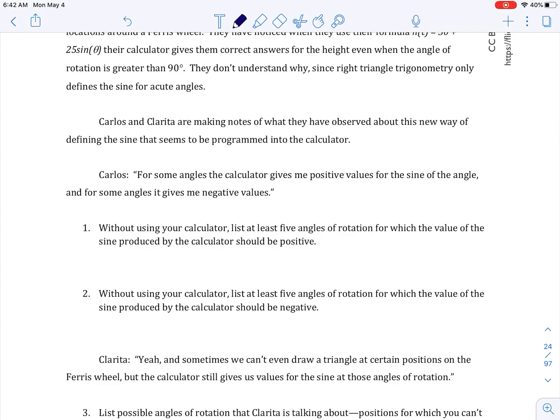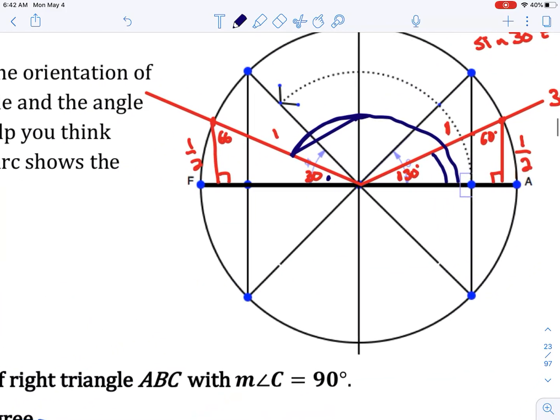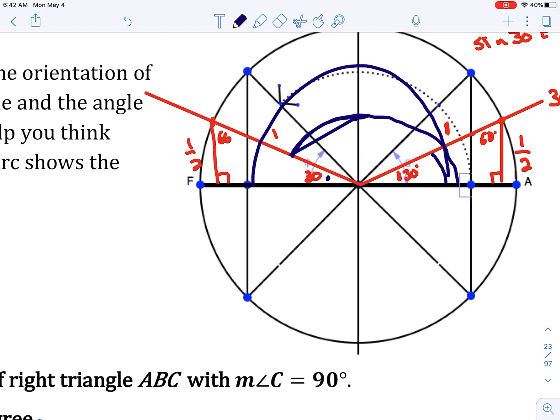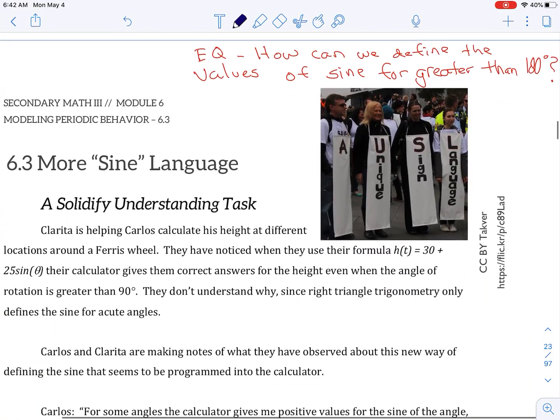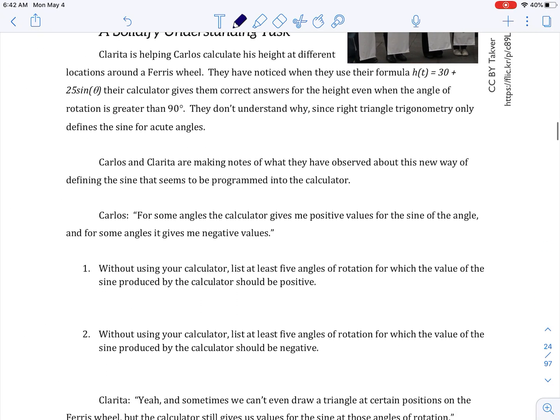So let's see, 5 angles of rotation for which sine is positive, it would be anything between 0 and 180 really, right? Because anything in this region up here, when I do the opposite over hypotenuse, I'm always going to get a positive number, because the opposite is always going to be this y value coming up, and the hypotenuse, that 1, is always positive. So you can list any numbers between 0 and 180. So I would say like 0 degrees,